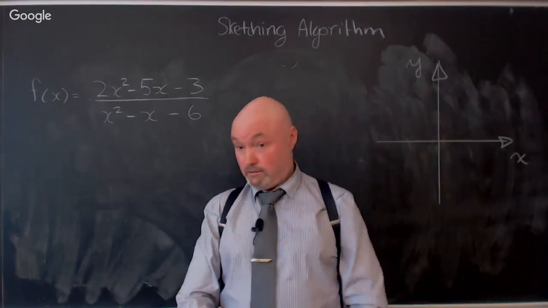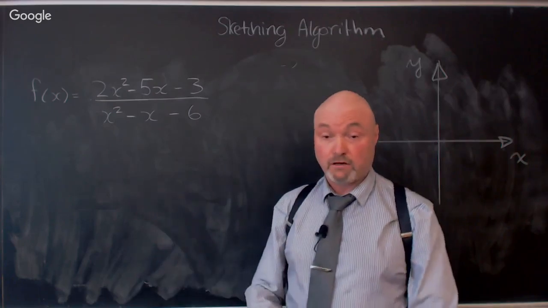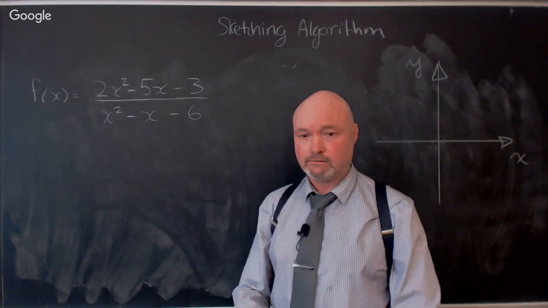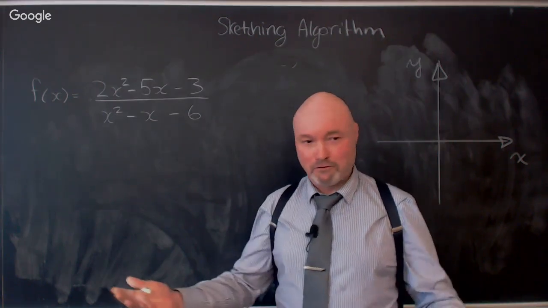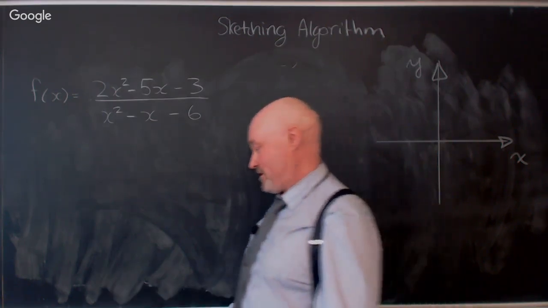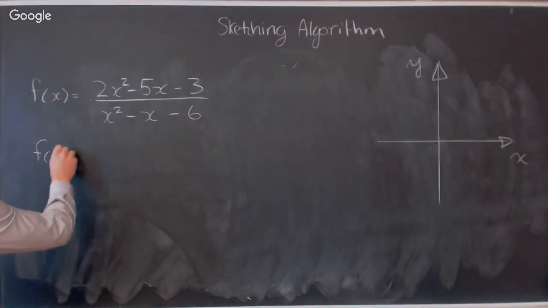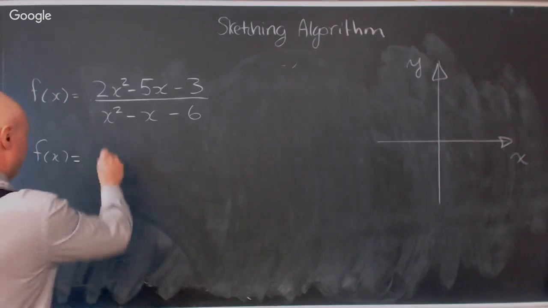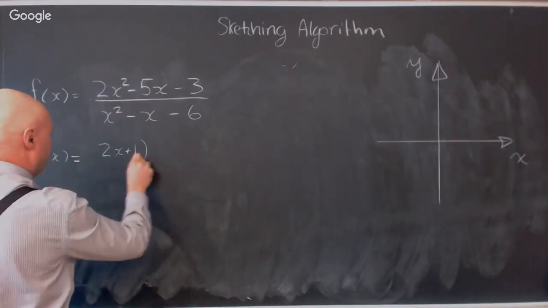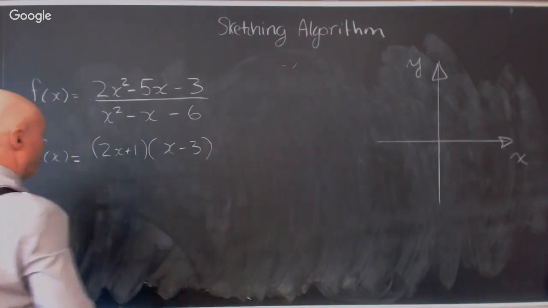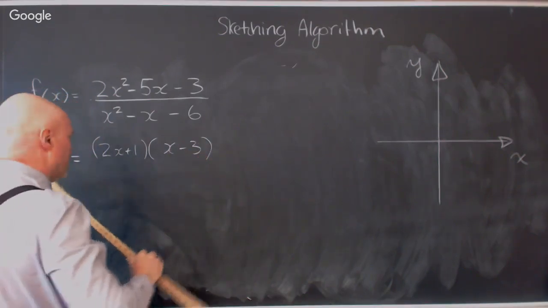And that sounds like a lot. And this is a really terrible looking function. So the first thing you do is factor that function. Okay, so here we go. Let's factor it. This is exactly the equivalent function to 2x plus 1 and x minus 3 over, make sure you use your ruler,